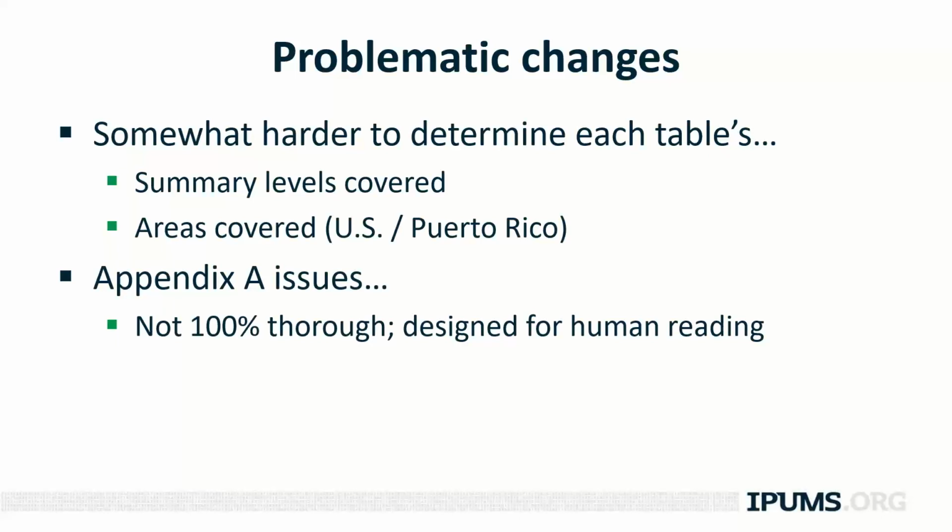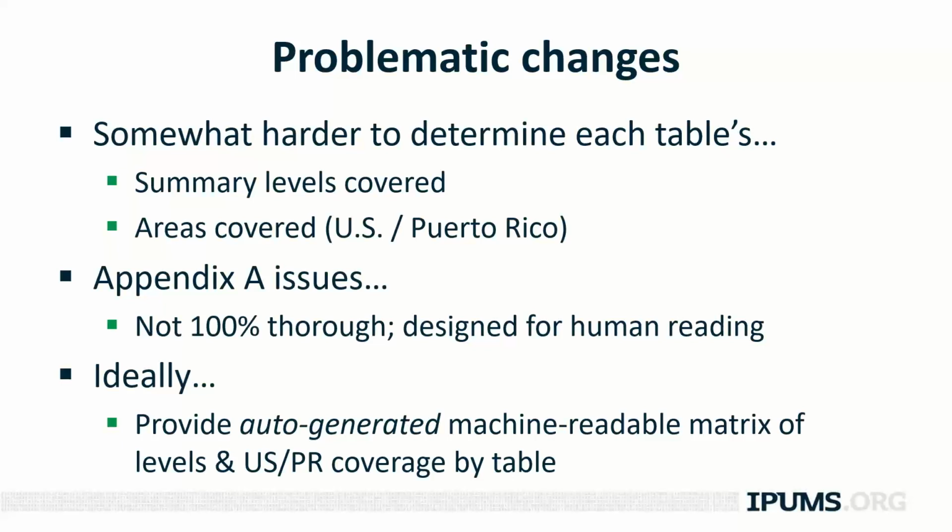This wouldn't be as important if there weren't also issues with Appendix A, where these geographic restrictions are reported. The problem with Appendix A is that we have not found it consistently thorough. It provides a lot of information about geographic restrictions, but it cannot be relied on for every type of geographic restriction. They're not always reported there. It is designed for human reading, and it is liable to human error. Those who have put it together have not, to our knowledge, done an automated inspection of every single summary file table to ensure complete consistency between Appendix A and the actual